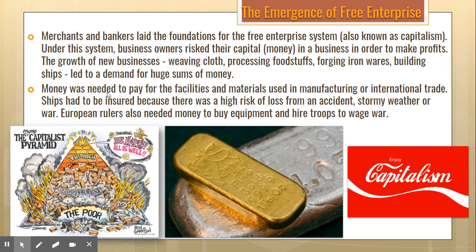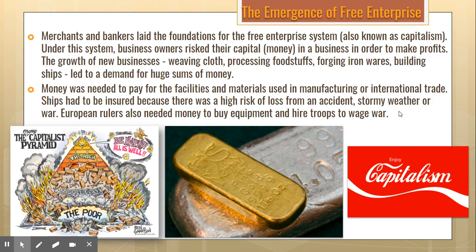and materials to use in manufacturing and international trade. So the only way you can make a bunch of money is to make a bunch of stuff, and the only way you can make a bunch of stuff is to build these facilities, and you needed money for that. So ships had to be insured because there was a high risk of loss and accident, a very, very dangerous trip